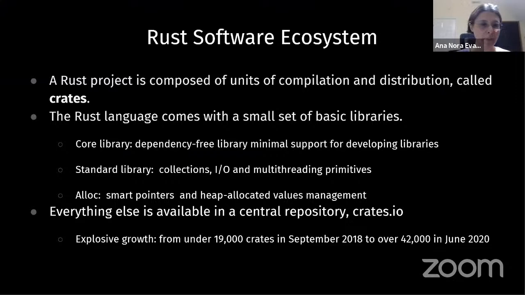There is a little bit of terminology. A Rust library is called a crate. The Rust language comes with a very small set of basic libraries, and everything else is available in a central repository that is called crates.io. And it is interesting that the number of crates available doubled since September 2018,